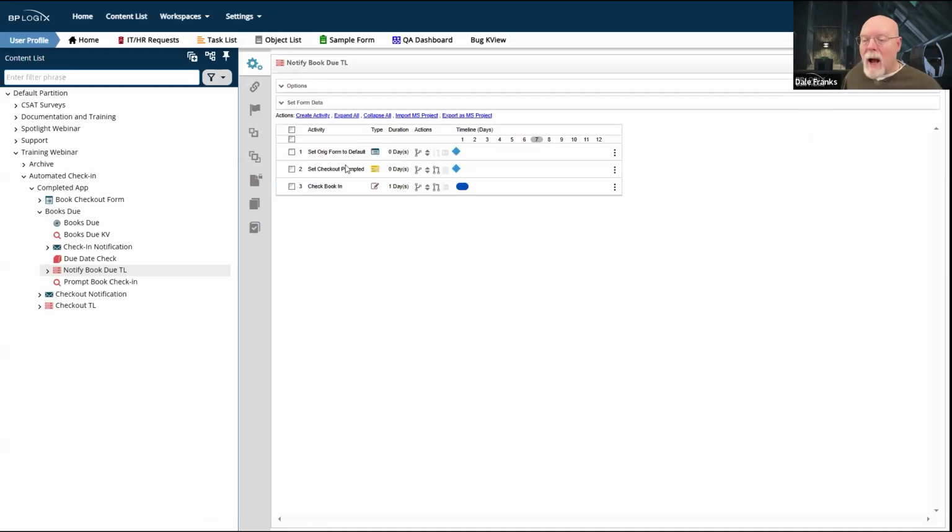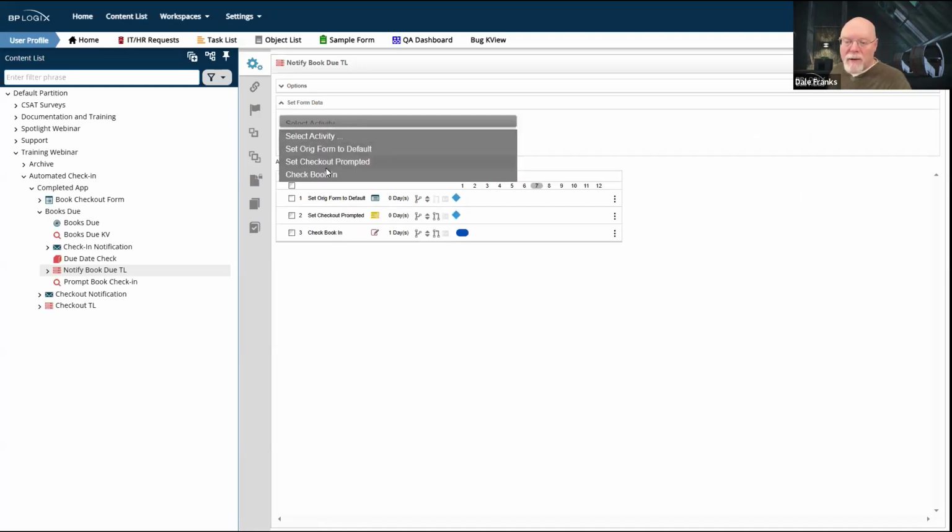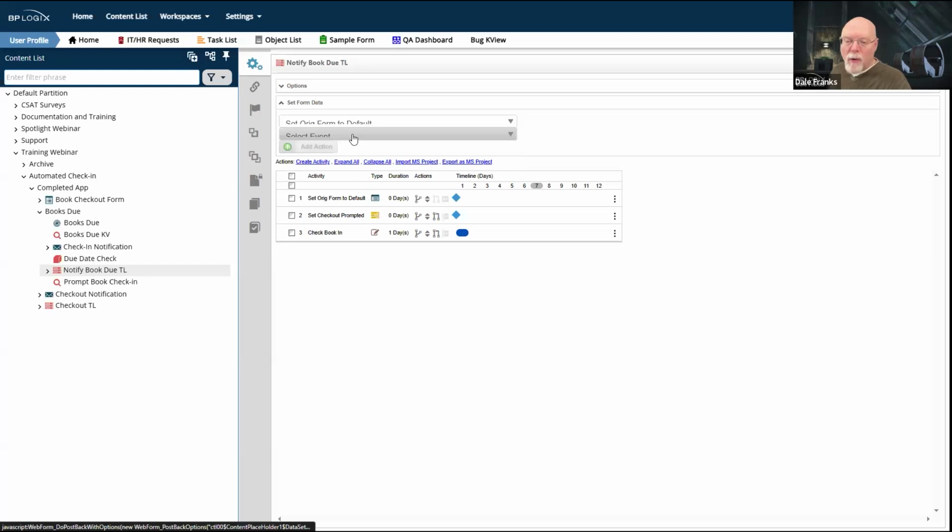I could just delete this activity entirely, and either at the end of the set original form to default activity or at the very beginning of the check bookend activity, I could use the built-in set form data. So I could say, set original form to default on task end.